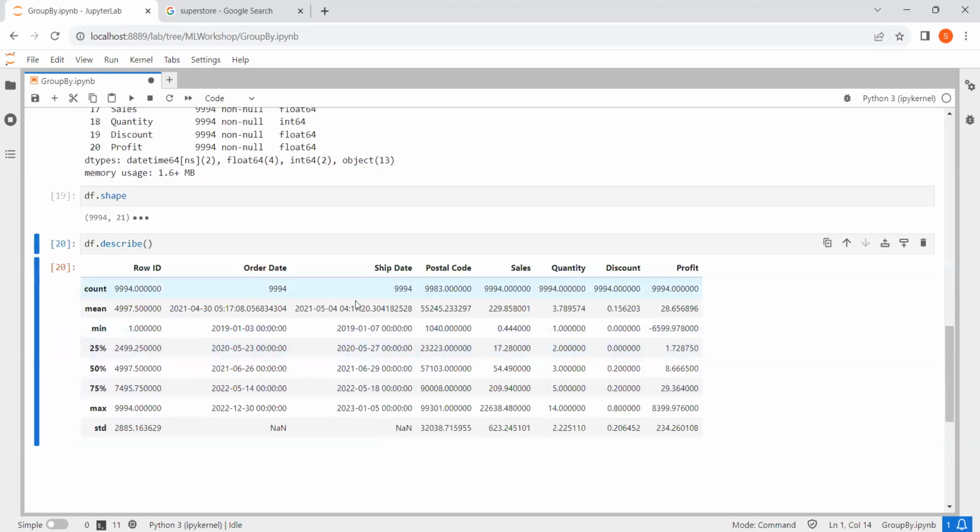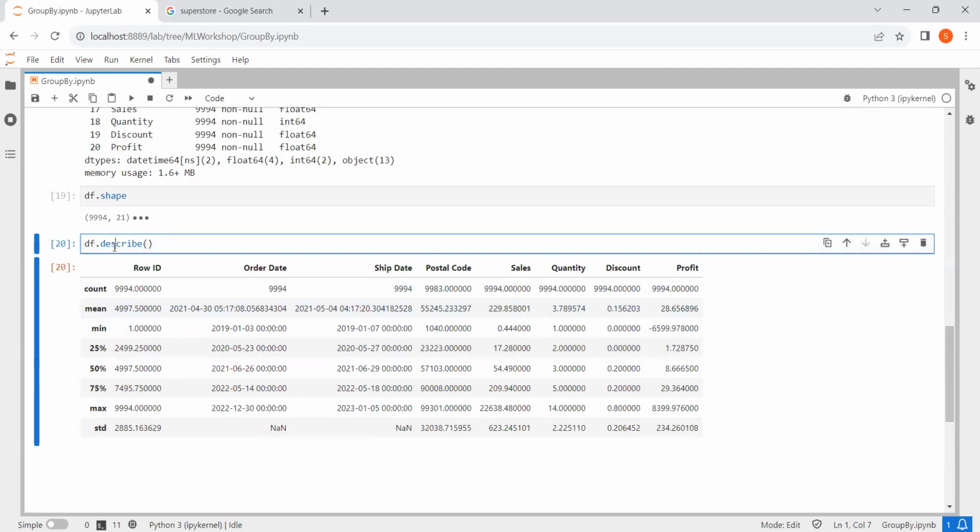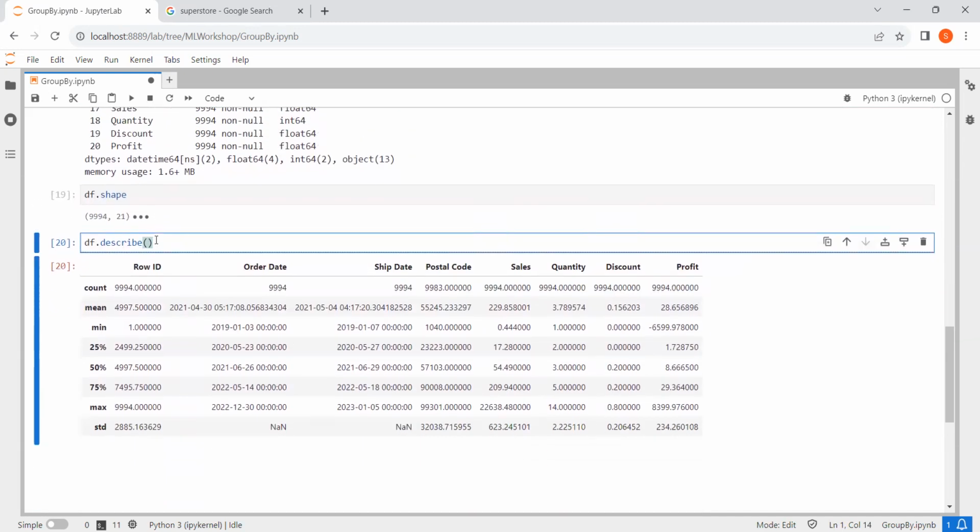So we are going to have this, the describe method, which comes in very handy to be able to make a good choice of groups. All right, so this is our describe method. It says that,